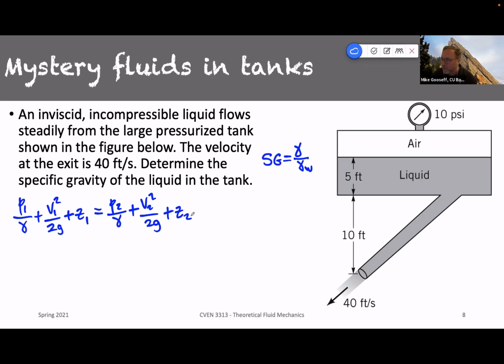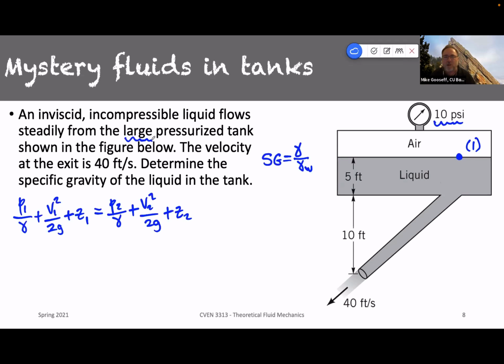Let's identify the top of the liquid as location number 1. The reason I did that is that I have a known pressure here that I can apply to that location, and it's a place where things are going to be moving pretty slowly. In other words, we're going to assume that the velocity at point 1 is 0. There's a continuum of all of the liquid molecules in touch with each other, but there's